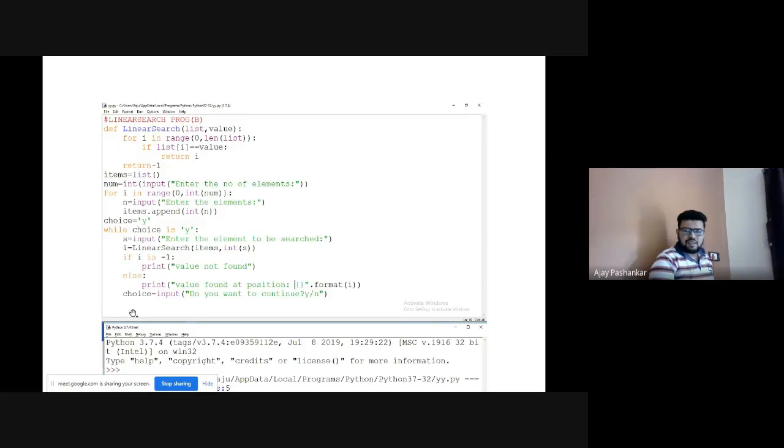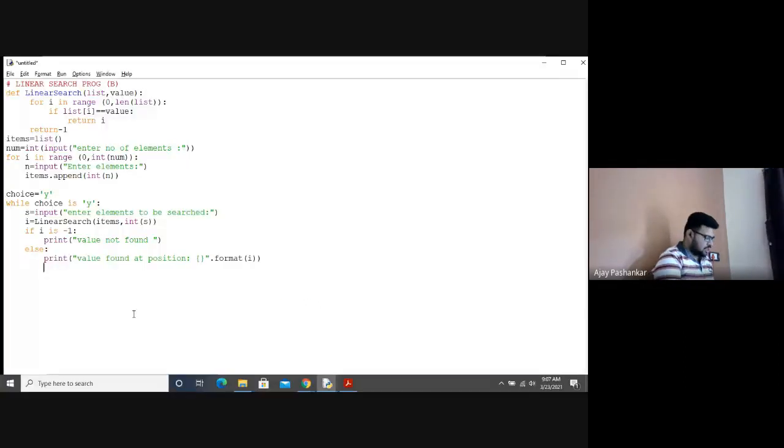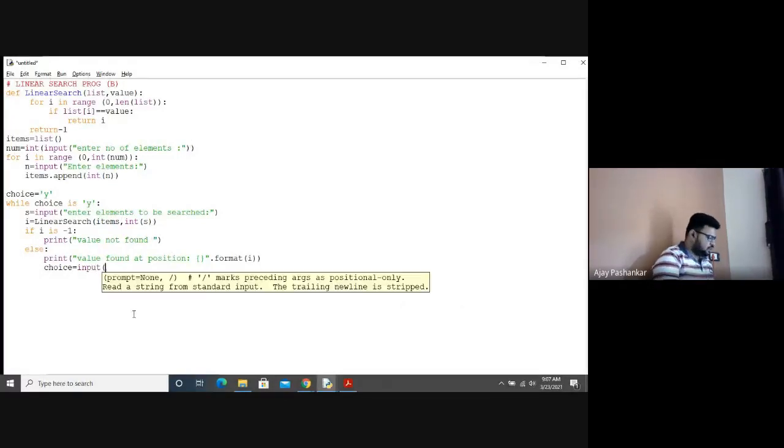And at last it will ask the user for choice equal to input. It will ask the user whether they want to continue or not. Do you want to continue?